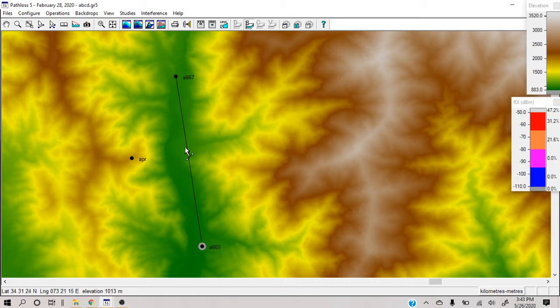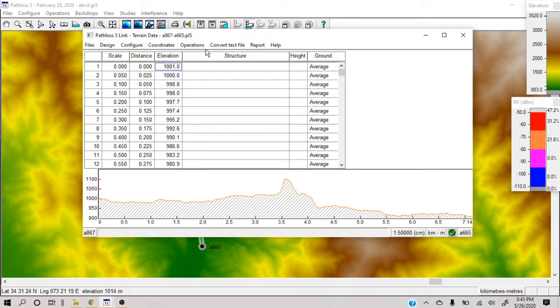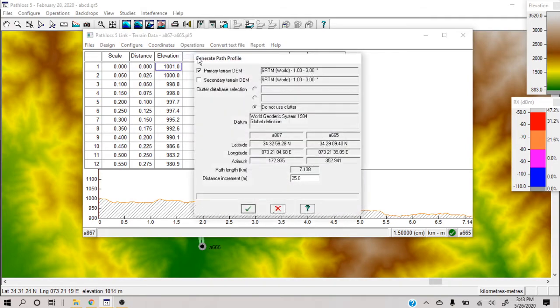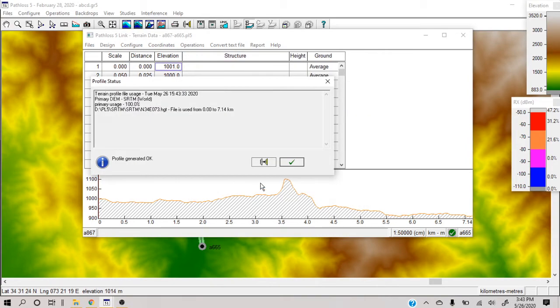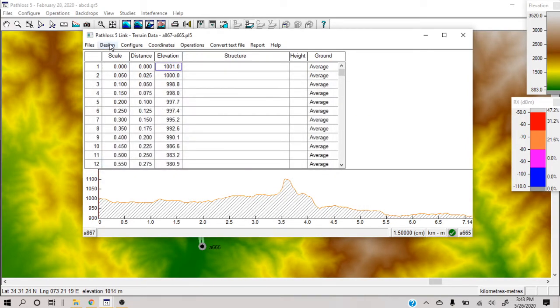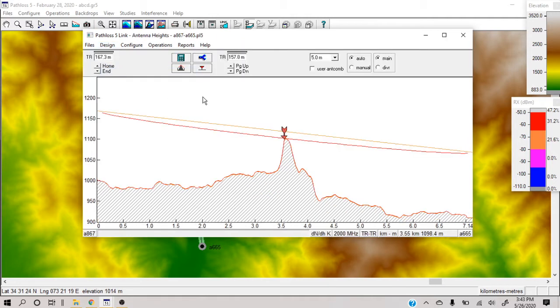So when you go into the terrain data and generate a profile of your sites, and then check the antenna height requirement, you come to know that you need antennas higher than around 160-170 meters on both of the sites.